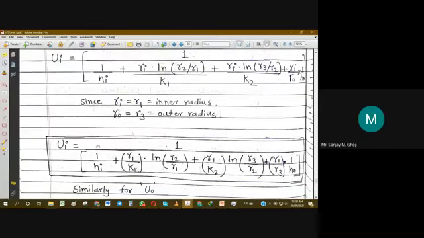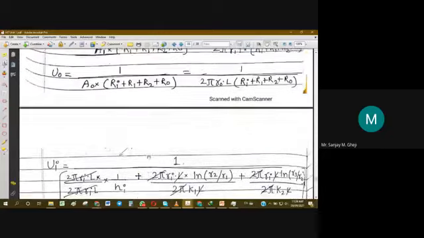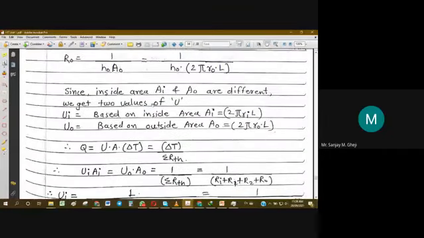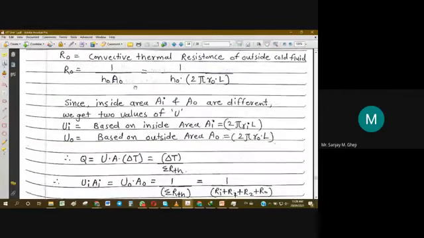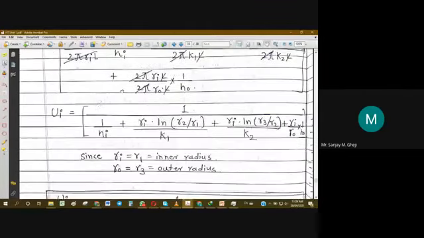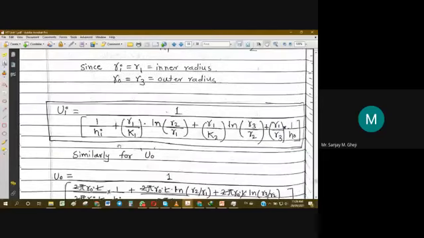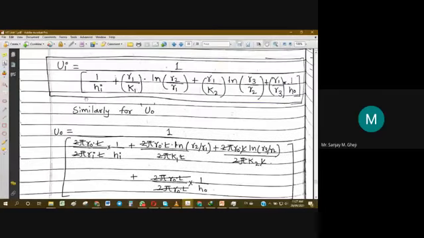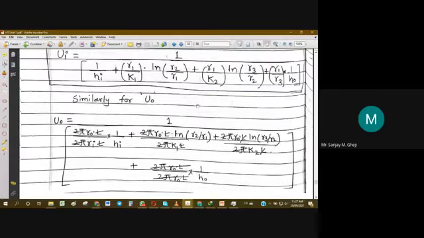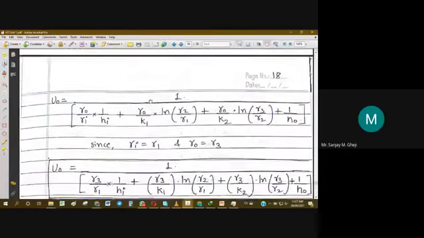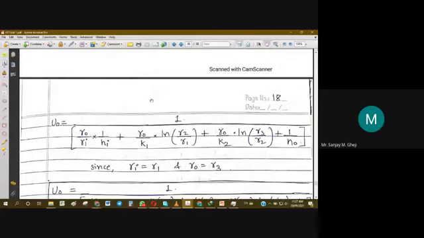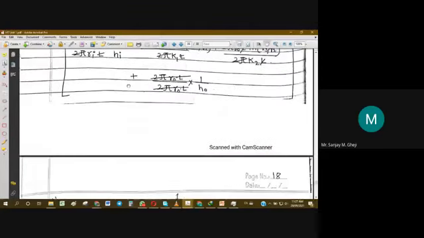So it is not any standard formula you can directly apply, or even you don't have to remember. What you have to understand or remember is the procedure: how it is obtained, how these resistance components are obtained, and how these are used to find the required UI and required UO. Otherwise, you don't have to remember all such big formulae, because these will change as the case changes. Every case is different, so you cannot remember such a large formulae for each and every case.